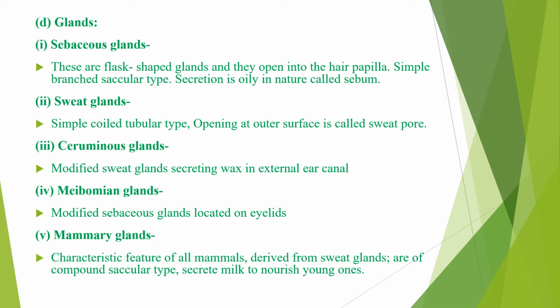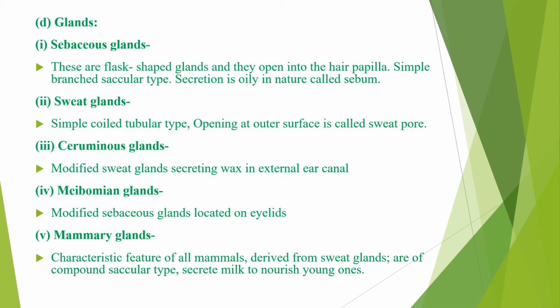And they protect this secretion, which is wax. It protects the tympanum and prevents the entry of insects in the external auditory canal. Next glands are the meibomian glands. They are the modified sebaceous glands, and they are mainly located in the eyelids at the base of the hair follicles, and their oily secretion forms a layer on the surface of cornea, and because of this there is a frictionless movement of the eyelids.